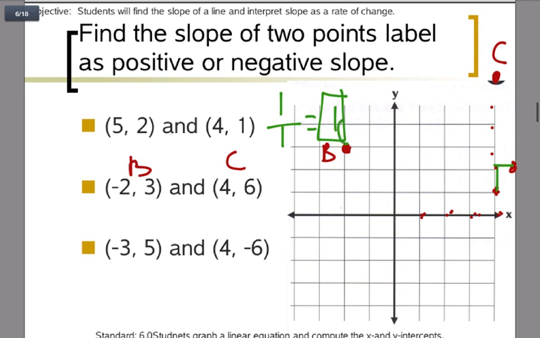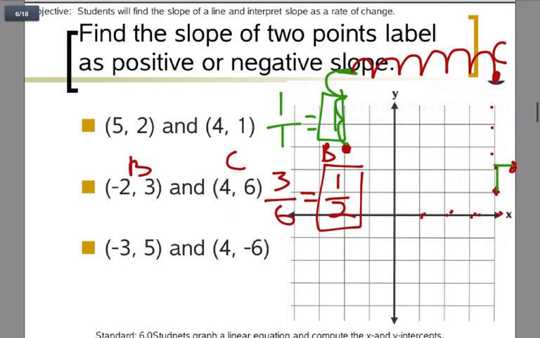So I rise 1, 2, 3, if there was actually the line up there. And then run 1, 2, 3, 4, 5, 6 places. So I rose 3, I ran 6, and that reduces to 1/2. So the slope is 1/2. And finally,